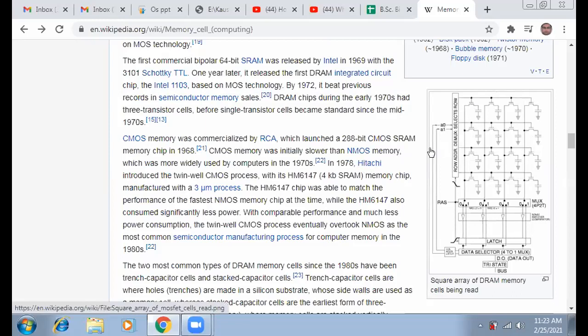Clear, yes sir. Can you draw this picture roughly and explain? Can you draw this picture and give a basic explanation why dynamic RAM decays information because of this capacitor? The principle of a capacitor is to store or hold data for a certain amount of time, and after that time, very gradually the capacitor will decay the data. So that is the internal memory structure or cell structure of a dynamic RAM.